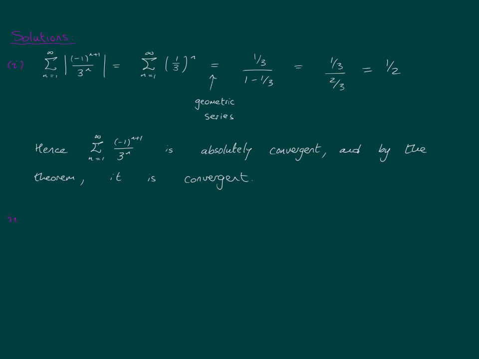Second example, this one was a little more complicated. Sum n equals 1 to infinity, absolute value of sin n over 4^n. Okay, so we have to work a bit harder with this one. Now, what is any series? Any series is a limit of partial sums. What's the definition of a partial sum? Sn is, well, you add up the first n terms. So the sum from n equals 1 to n of sin n over 4^n, and we're going to look at the absolute values.